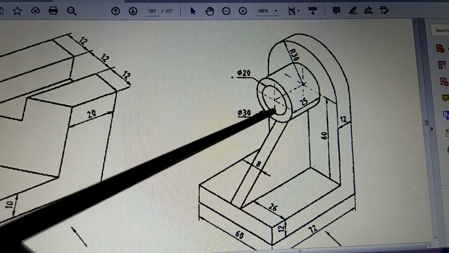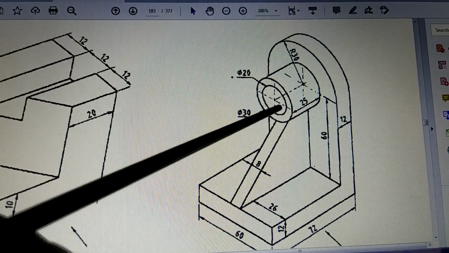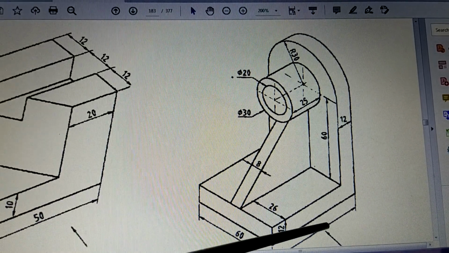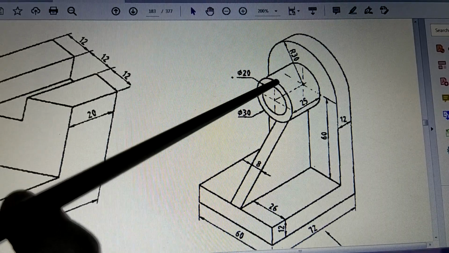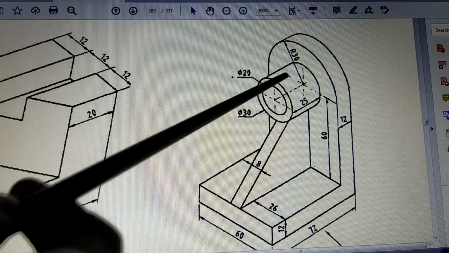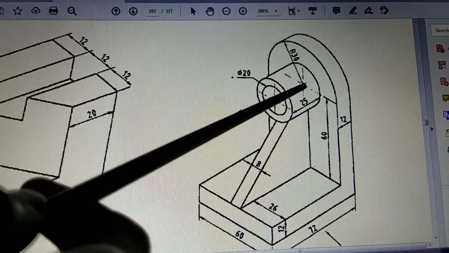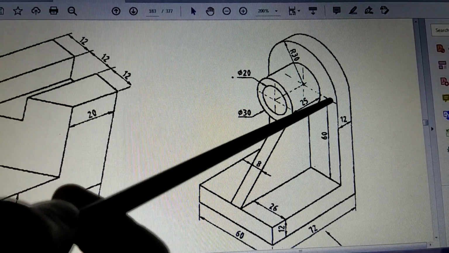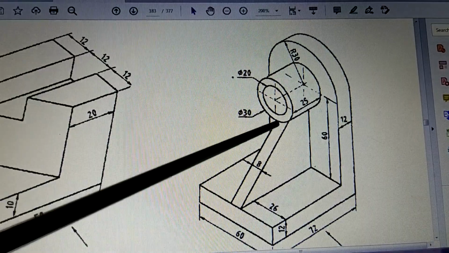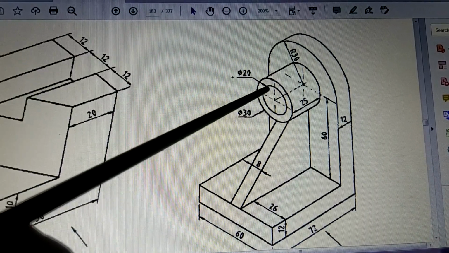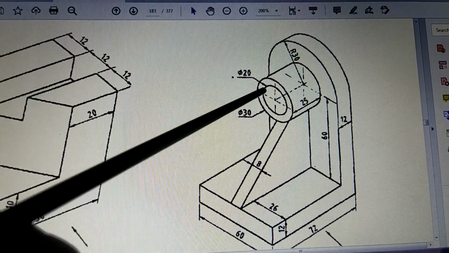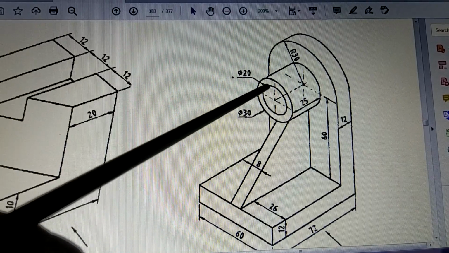The diameter from here to here, if you observe, is 30. So when you see in this direction, you will draw a rectangle of size 25 by 30. You will draw this rectangle such that the center of the rectangle, this line, will be at a height of 60. After you draw this rectangle, inside it you have to draw one more rectangle for this particular hole, the inside surface.